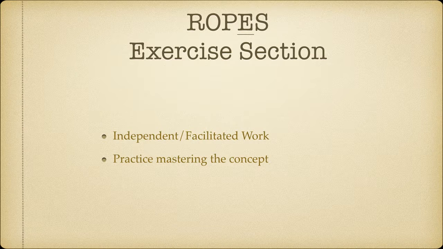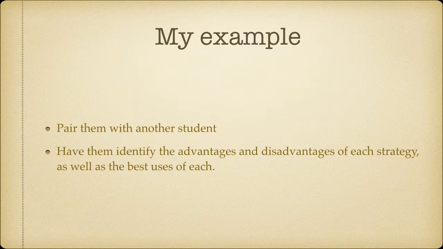The exercise section of ropes would be independent or facilitated work, potentially. And it's basically where we practice mastering the concept. So for my particular example, what I would have them do is pair them with another student. And this is something we didn't talk about. We talked about grouping, and for the most part, when we group, we want to group in odd numbers. But if you're just doing an exercise in class that's supposed to last 15, 20 minutes, there's nothing wrong with pairing people up. I don't want you to get the mindset that it always has to be 3 to